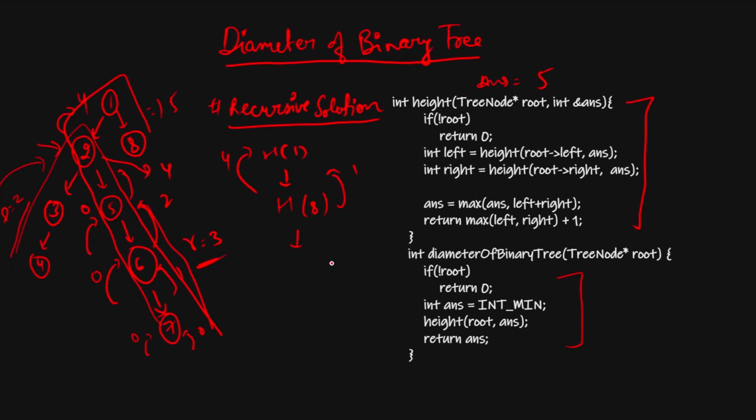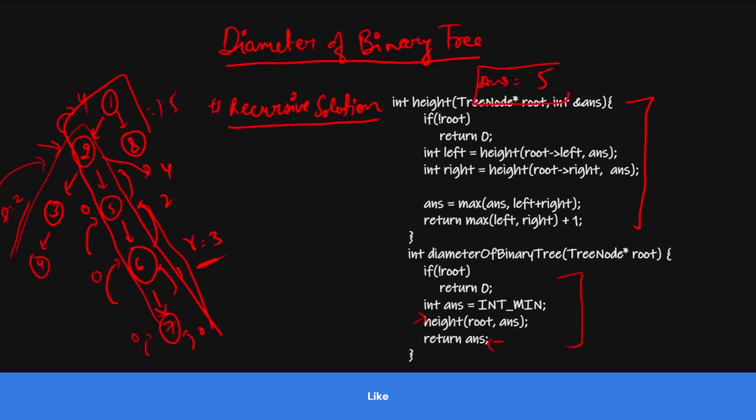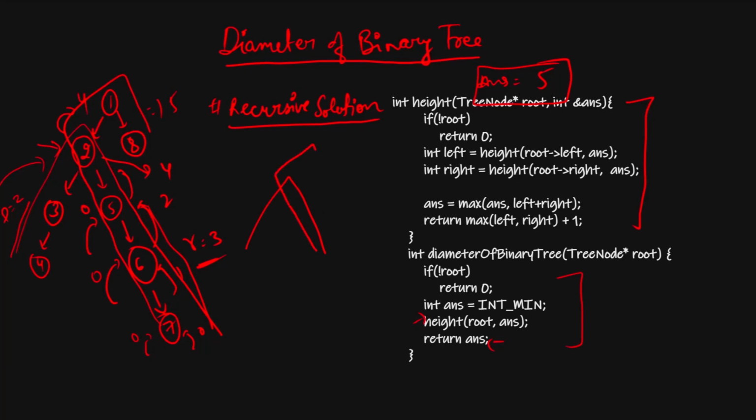We do not have to return the path. So now 4 and 1 will also be 5. And what is the maximum? The maximum is 4, so 4 plus 1, 5 will be returned. So our height is 5, but we are not using this height. We do not care about the height. We just have to return the answer. So we can see that we have 2 diameters here, one passing through the root and another not passing through the root.